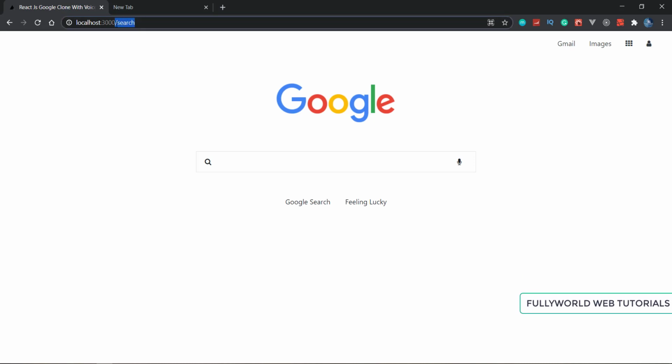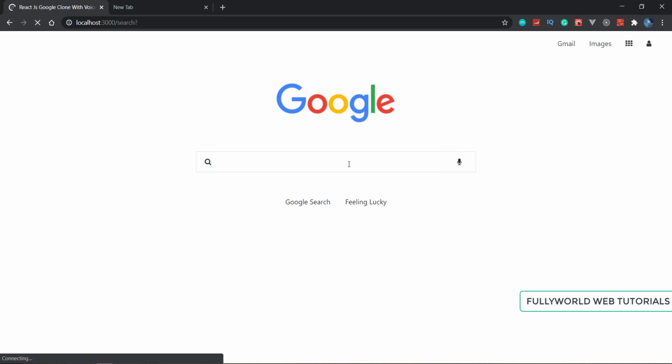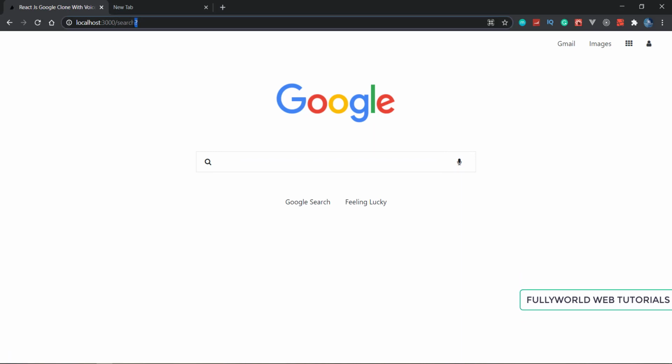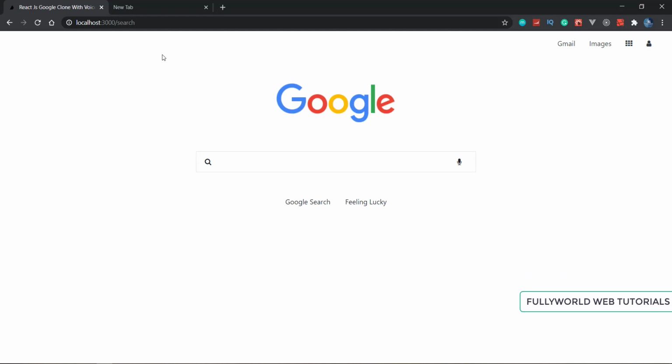So if the user goes to the search route without entering anything, like without searching India or any data, as the searching is not working yet, then it will first of all validate whether the search term is present or not. If the term is not present, then it will redirect back to the home page. So these things we are going to do.